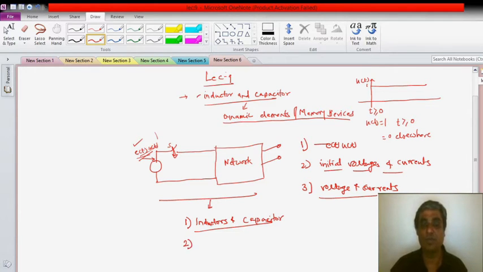Then next, once we know the behavior of our voltage-current relationship in terms of circuit perspective, we will write the equations of the network, which will consist of inductors and capacitors, using mesh analysis and nodal analysis. So mesh analysis and nodal analysis we will use to write the equations for the dynamic circuits. Now once we have written this, we will observe that the equations consist of integral differential equations,